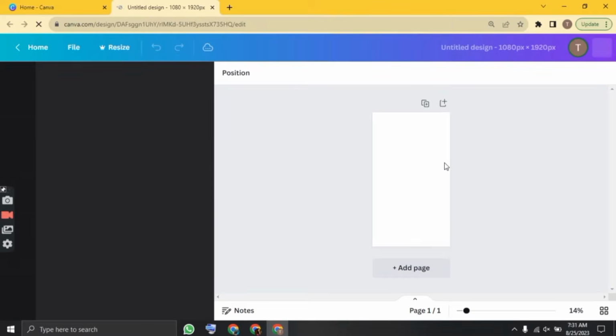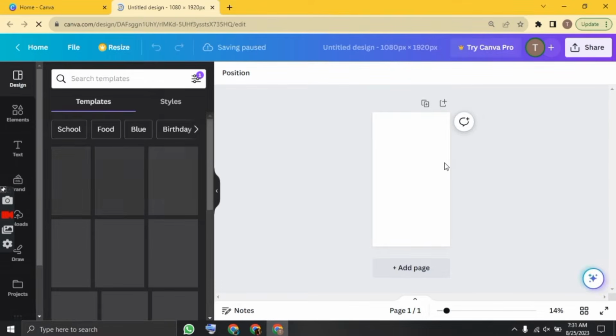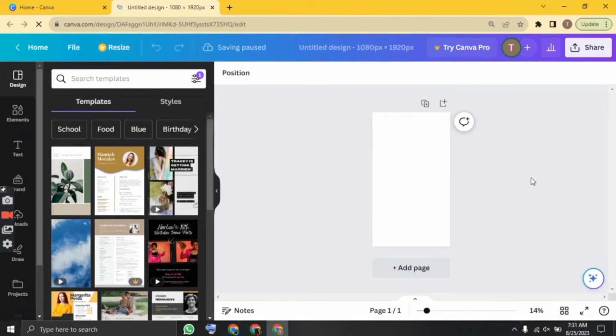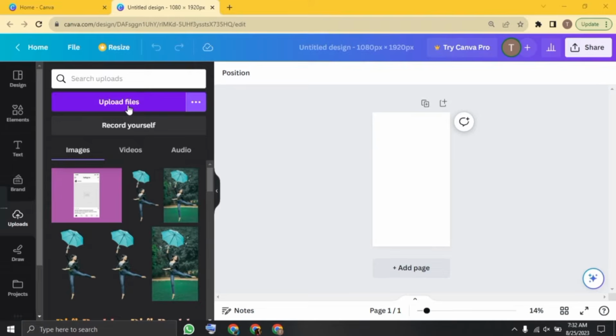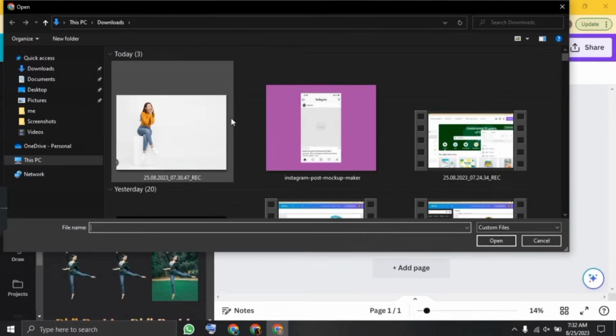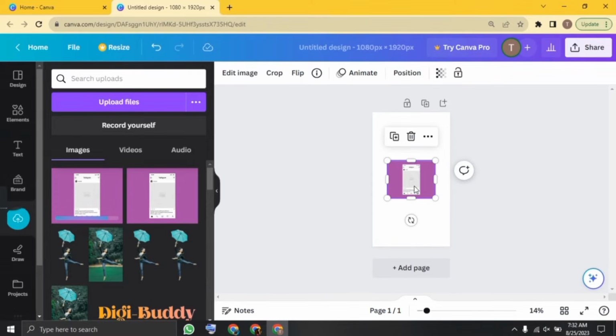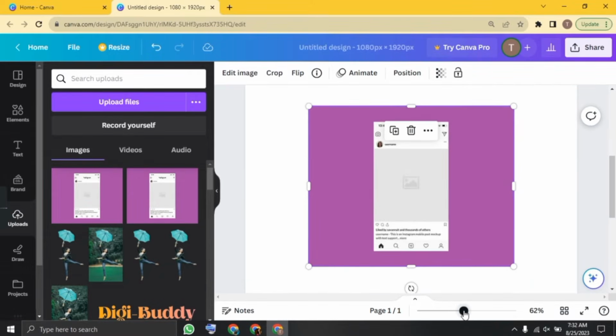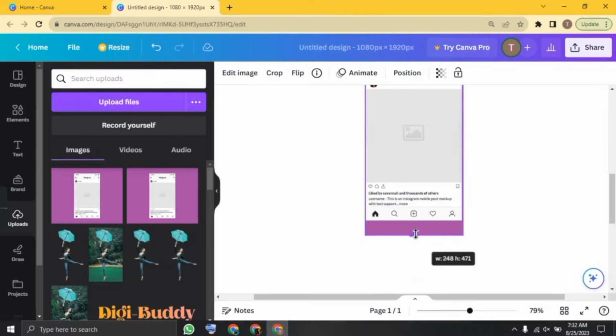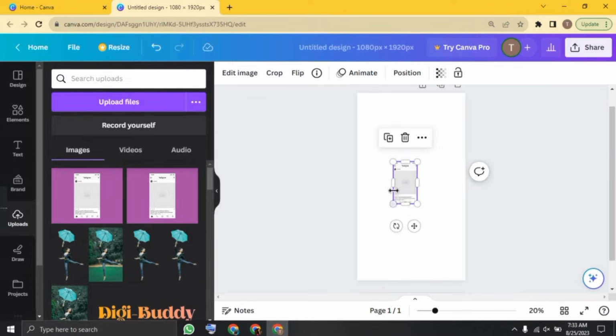The new tab will open. Here you need to add an Instagram homepage. You can directly screenshot from your own Instagram page or you can download it from Google. So I already downloaded it from Google. So click on upload files and upload the photo. As you see, I already uploaded it. So just zoom the page and crop the sides,